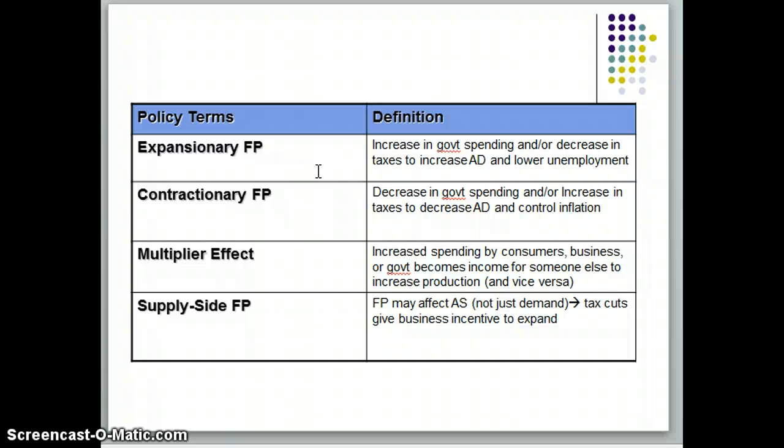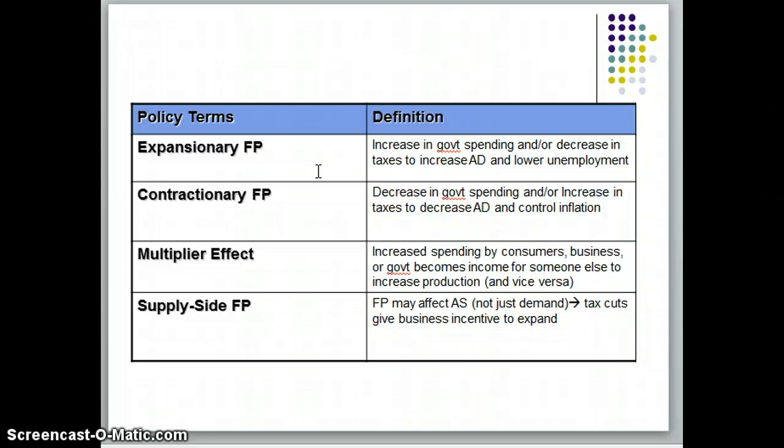One of the first fiscal policy initiatives that we had, first big ones, was FDR, Franklin Roosevelt, and the New Deal. That would be another example of expansionary fiscal policy. And like I said, essentially it's when the government lowers taxes and increases spending to try to fight a recession or high unemployment. Well, there's also what's called contractionary fiscal policy.